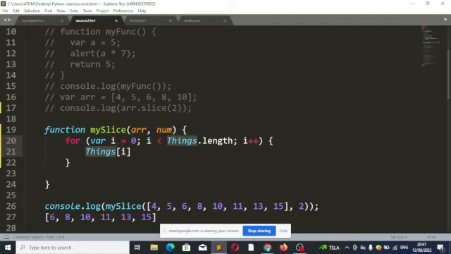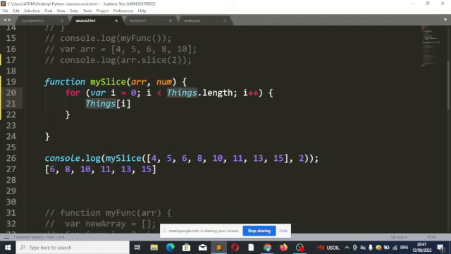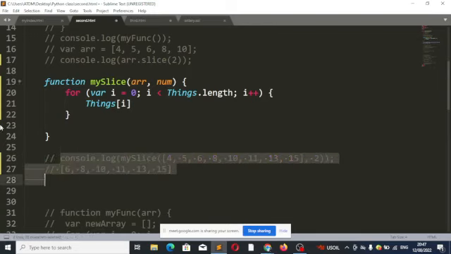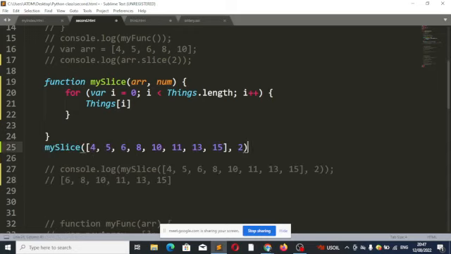For a start, I'll just copy this and call the function like this. Let's start from here. So I is 0, then loop based on the length of this array. So to start with, I can say console log